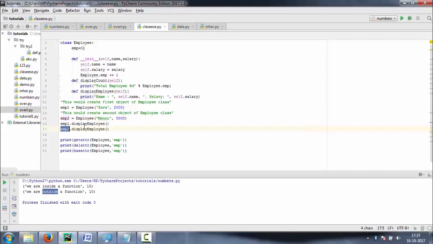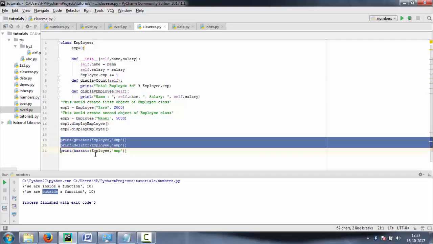And here we call two methods, display employee to print the employee information.